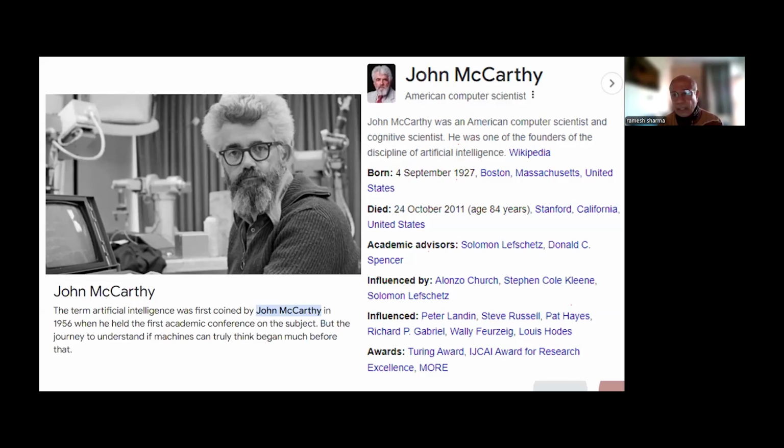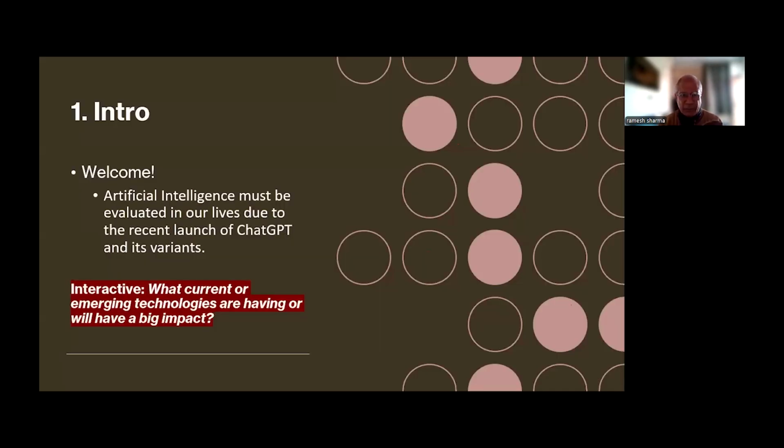And then Alan Turing came up with the Turing test: if we are not able to differentiate whether we are talking to a person or a machine, then the Turing test has been passed. Although at that time they didn't call it artificial intelligence, it is believed that was the beginning of artificial intelligence.